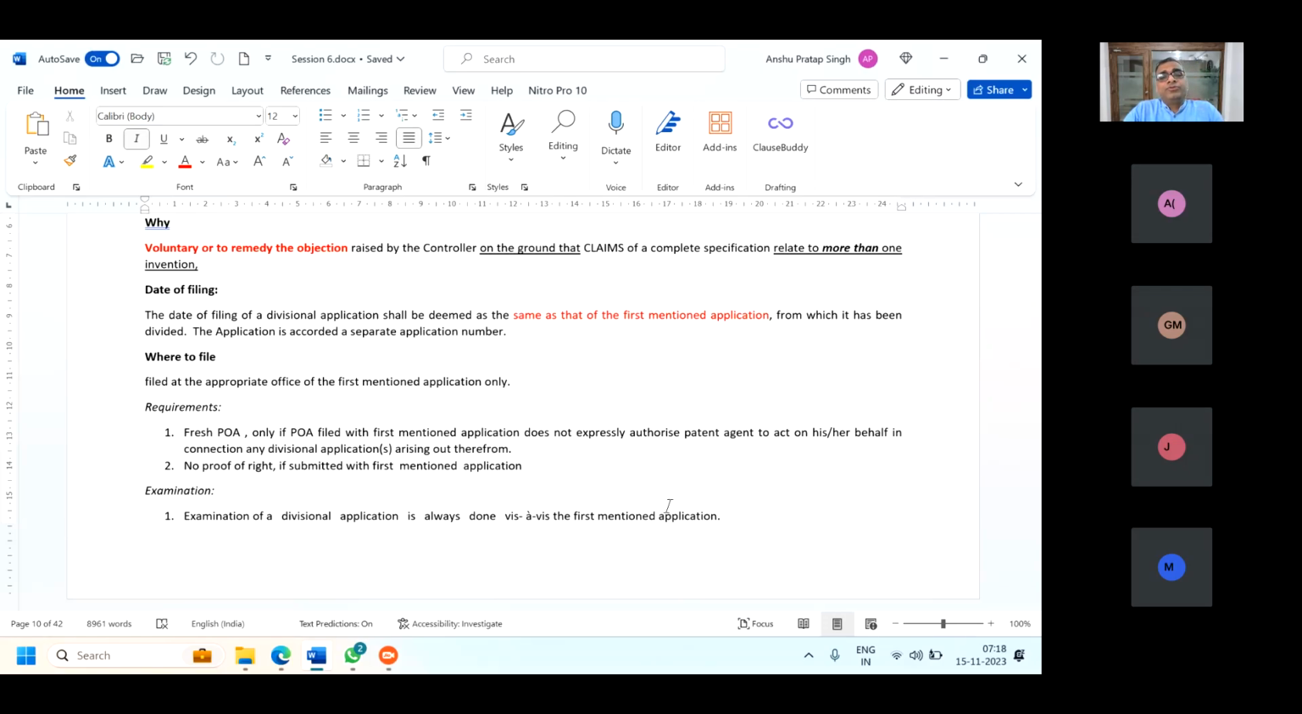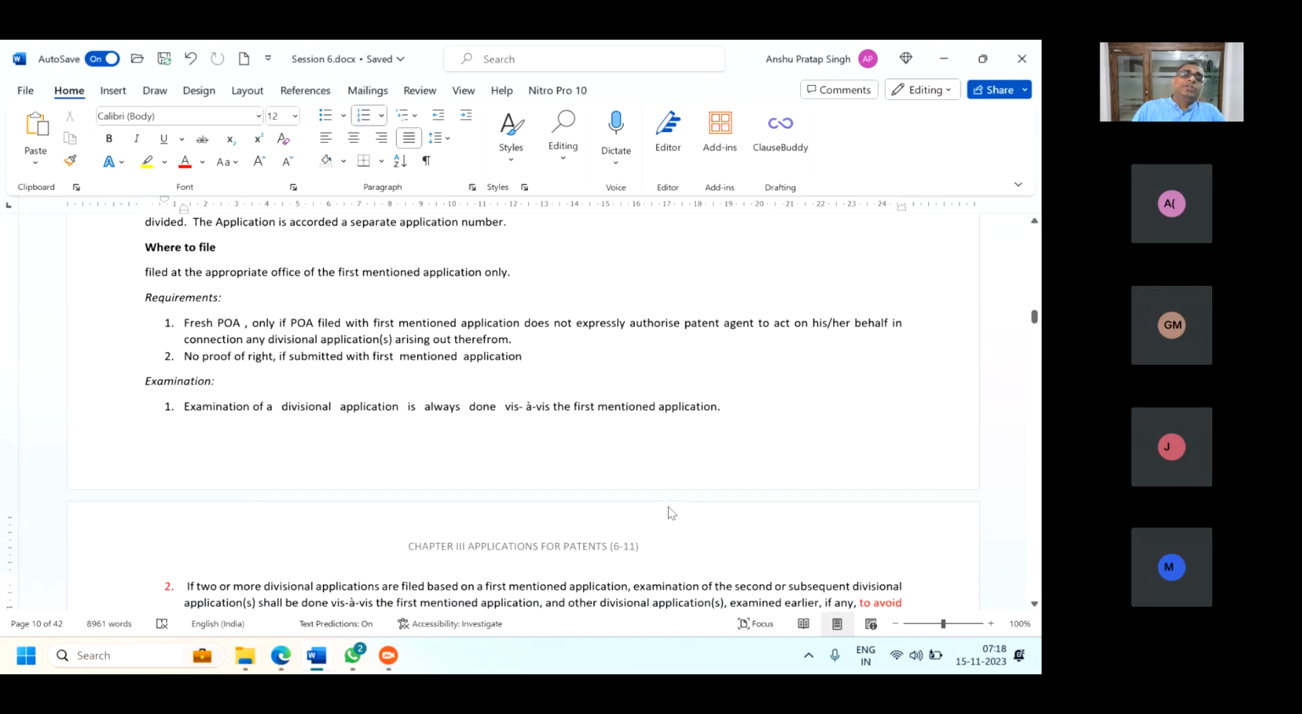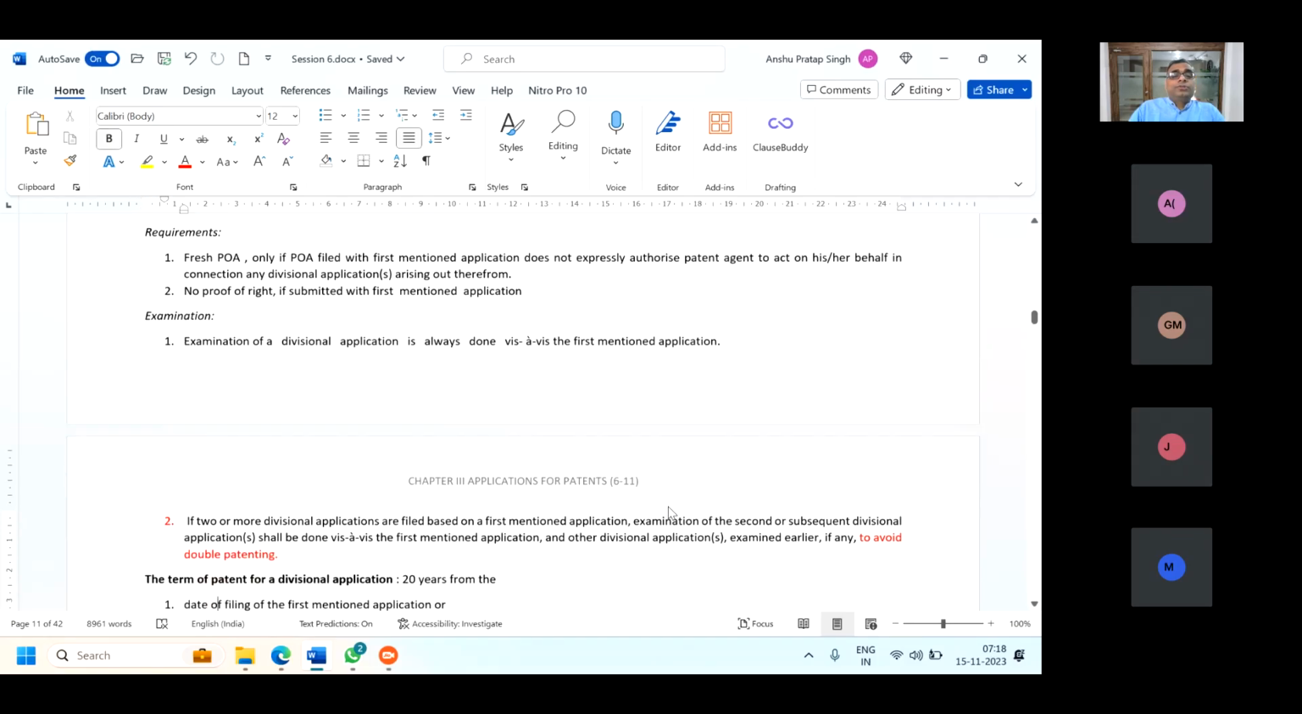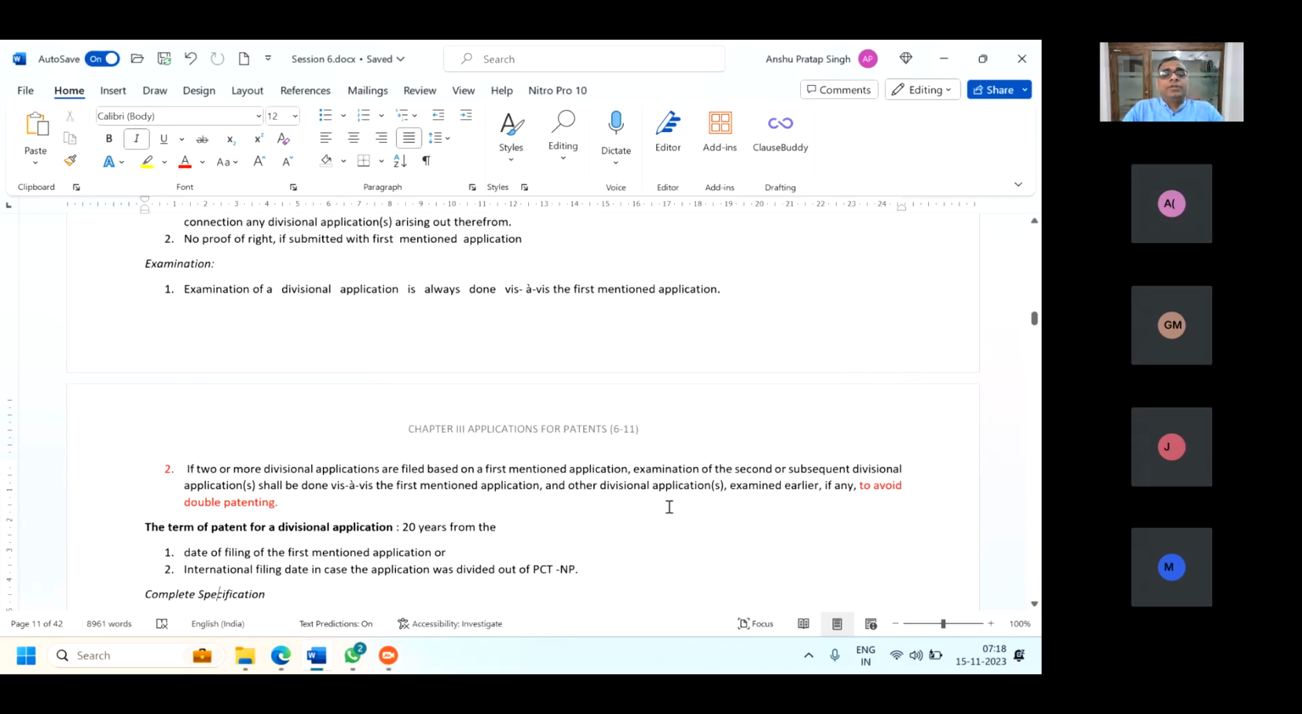Now, what about the proof of right? Proof of right, you don't have to submit if you have already submitted it along with the first mentioned application. Now, how will it be examined? For examination, a divisional application will always be examined vis-a-vis the first mentioned application. What does that mean? That the examiner